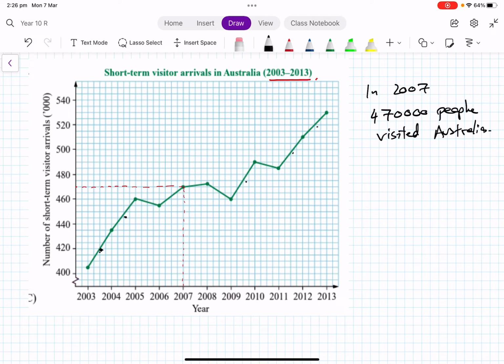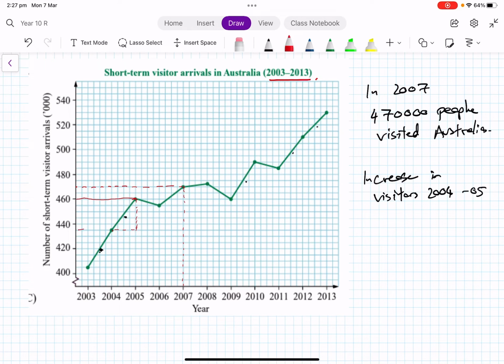So let's say this one. What was the increase from 2004 to 2005? Increase in visitors, 2004 to 2005. Well, again, we need to get our little pen. So that's 2004, and this is 2005. Got to find our little amount. So that's up to 460